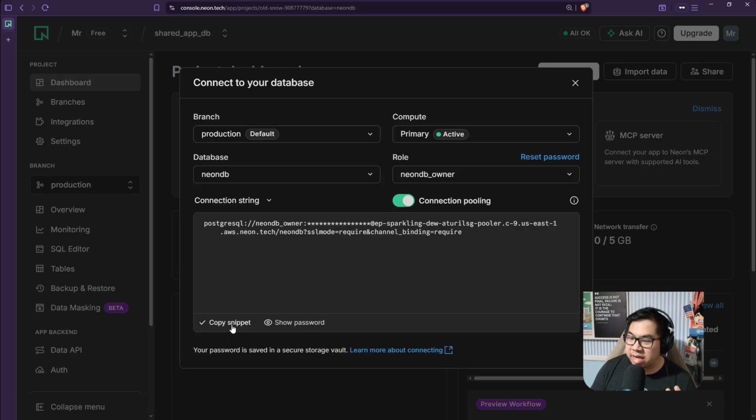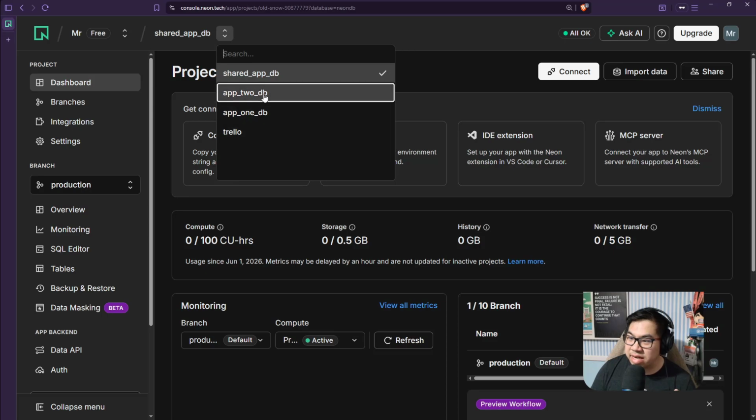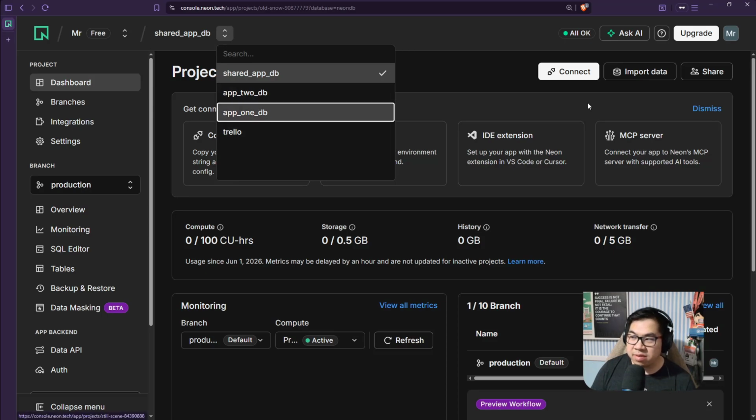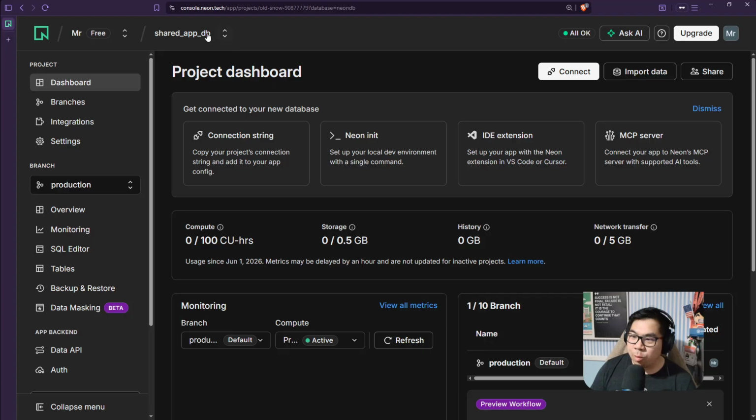And so you're going to hit copy snippet, and we're going to do it across all of our different applications, right? App 2, App 1 DB, right? We're all going to go back to each one of these databases or dashboards, hit the connect button, and then hit copy snippet to be able to pull it. And make sure that you have the unique one for each one of those when we get over to the .environment.local. So without further ado, let's jump back over to VS Code and look back at our existing code base